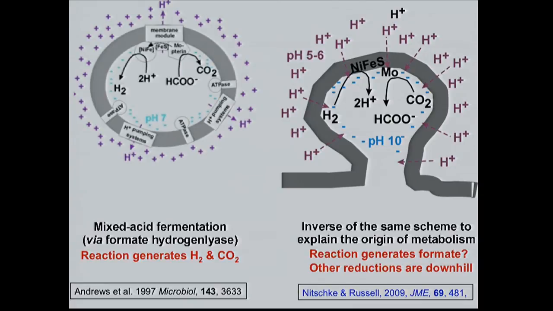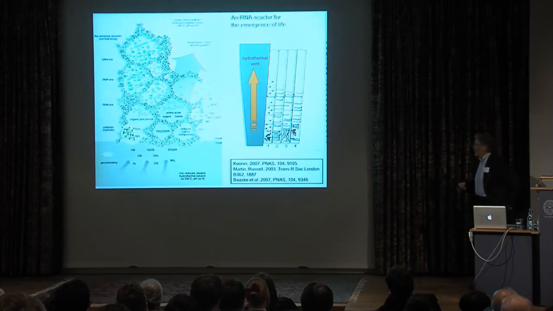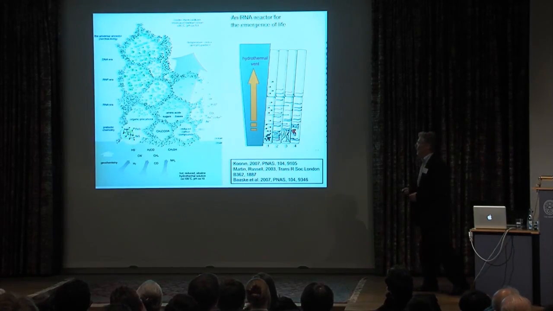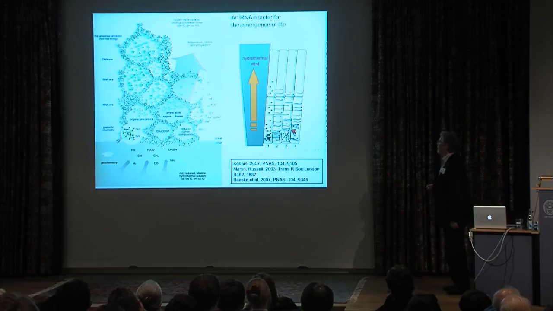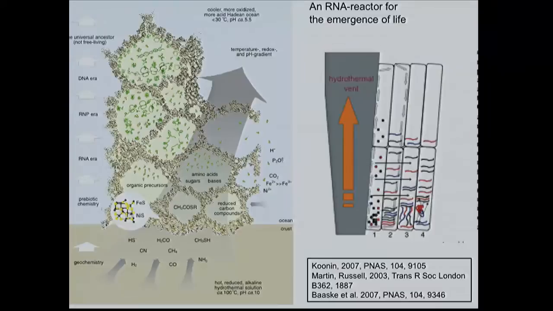So this becomes really our holy grail. That's one question we'd like to answer. So what else does this kind of structure offer? Well, we don't know anything in detail about the RNA world, but Koonin and Martin and Baskar et al. have suggested that, in fact, if you've got structures like this, then maybe the first RNAs, wherever they come from, act like viruses and basically can permeate through and start to make better replicators as we go through